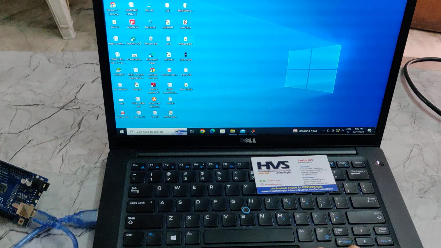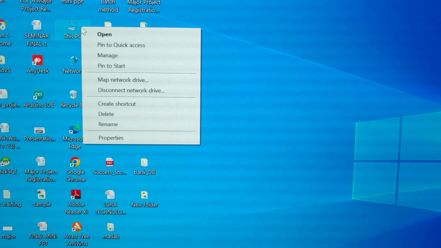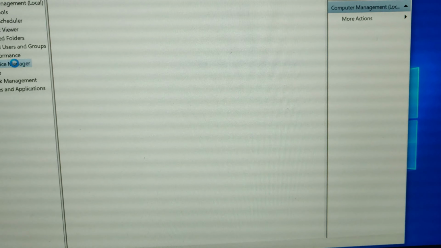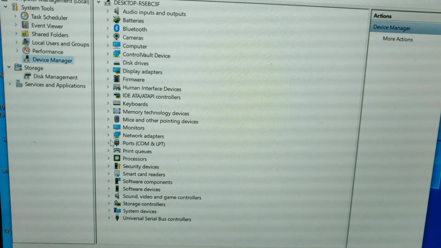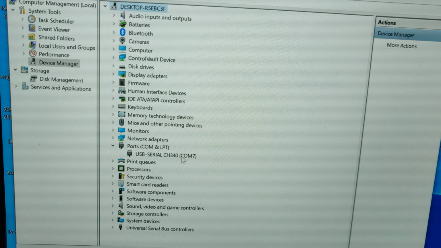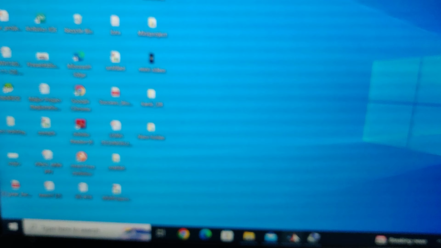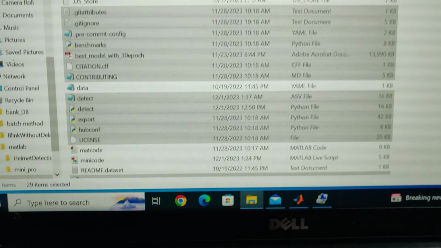To get the COM number, just go to This PC and right click on that, go to Manage, and in that go to Device Manager. Click on the Device Manager, and there you get the ports. When Arduino Uno is connected, just click on that, and you'll get the COM number as COM7. So note down this COM number, COM7, and in our project, go to the project folder and keep all